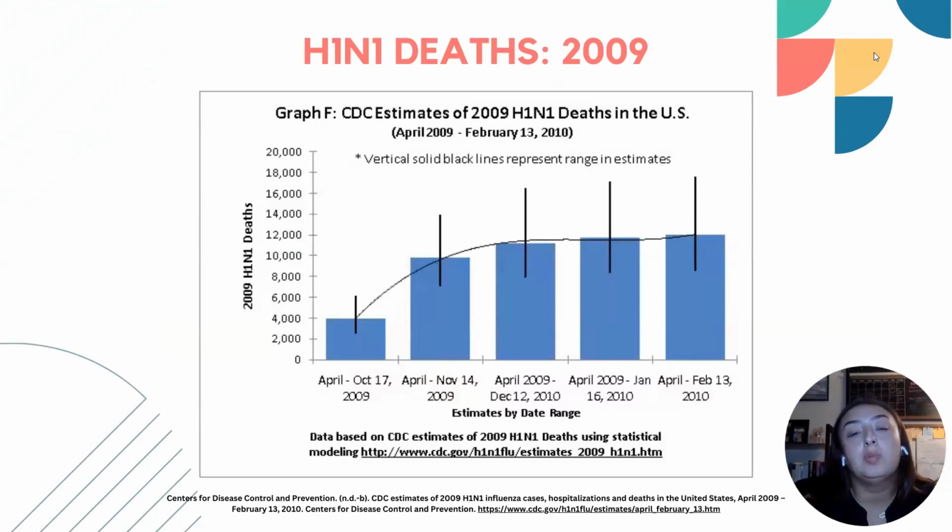Now looking at H1N1 deaths in 2009. This graph represents the H1N1-related deaths from 2009 to 2010. The curved line displays an increase in the deaths at the peak of the pandemic. It also represents how rapidly the virus spread and greatly impacted the globe. And as you can see, the jump from April to October 17th, from April to November 14th, that massive spike is extremely alarming, and that's why it's important that we capture data to have an accurate representation of how a virus can impact the